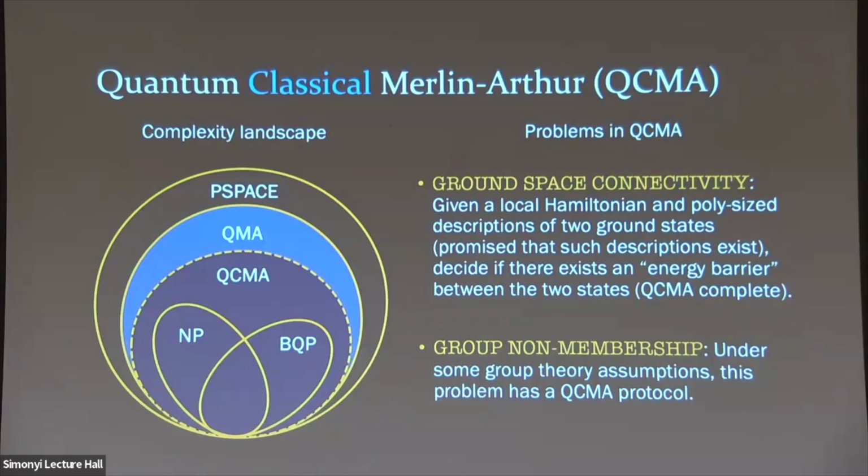So you know that it has two ground states of low energy, but what you want to decide is whether there's, in some sense, a connecting path from one ground state to another that keeps you within the ground space. Right? So a sequence of quantum operations that you apply on the first ground state that transforms it to the second ground state, and every step along the way, you stay within this low energy subspace. And the sequence has to be short or? It has to be short.